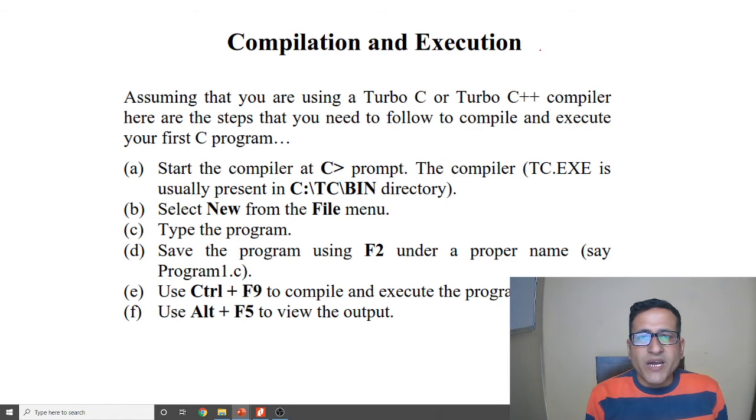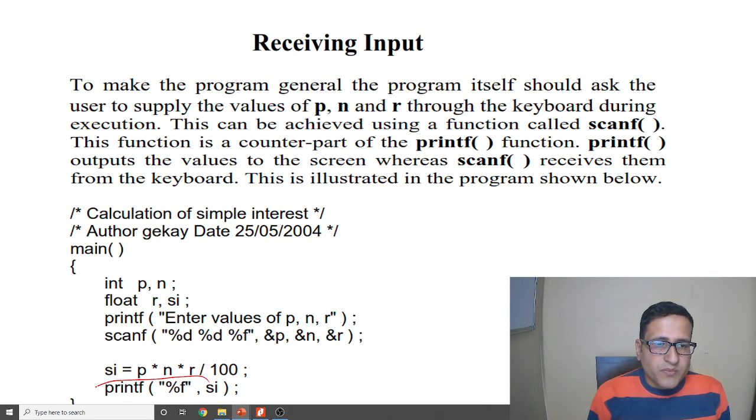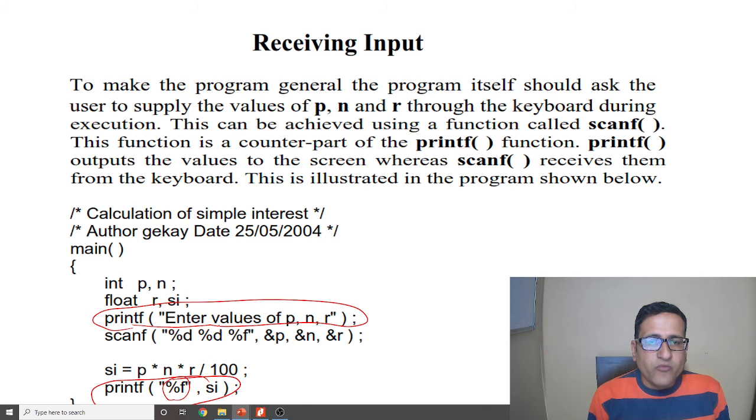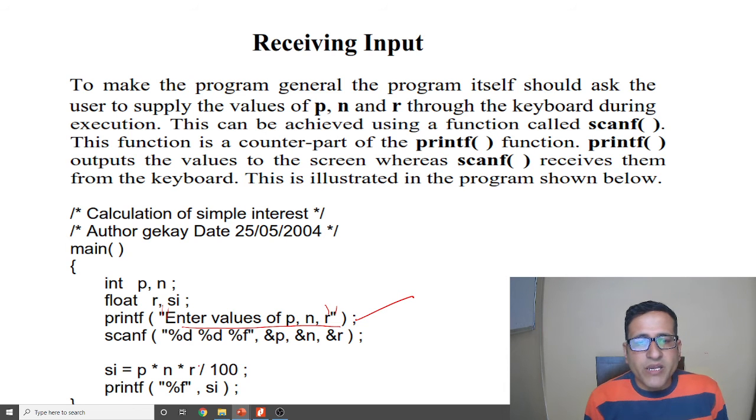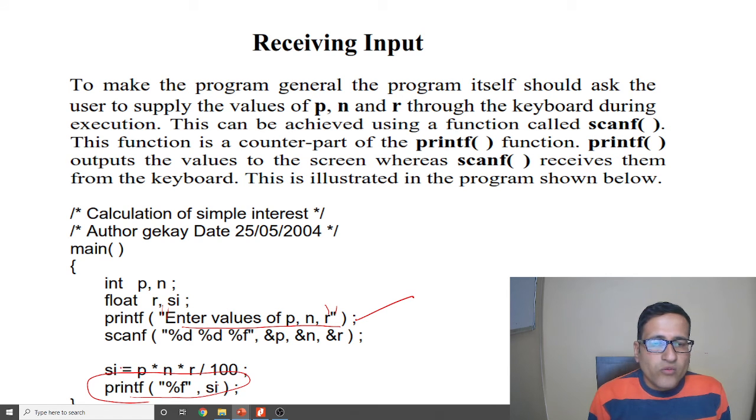In this printf we don't have expressions like %f, %d or any other after the comma, so this is for printing purpose only. As we write in these inverted commas, it will be seen on the screen. And in this other printf, the calculated value of SI will be printed.